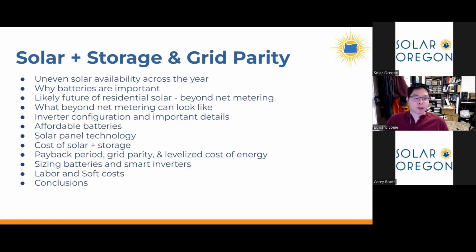We're going to talk about the realities of solar and how it's unevenly available across the year, and therefore why storage is important, and batteries being a big component of it, and how this uneven availability of solar could likely in the future change residential solar net metering policies. And then later in the latter half of the presentation, we'll dive in and look at some of the hardware it takes to actually implement a really intelligent solar system that plays well with the grid and can manage energy